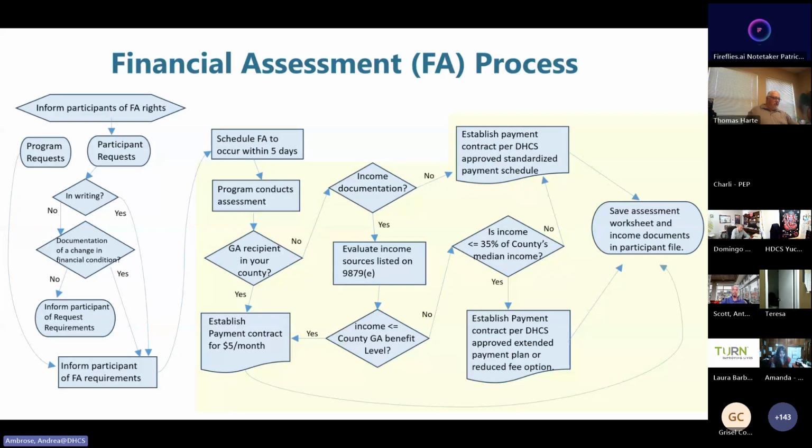So today we're going to cover the topics that are highlighted in yellow here: performing the assessment, making an income determination, determining a payment option, and then saving all of our records.